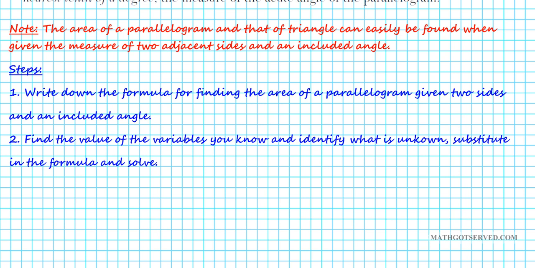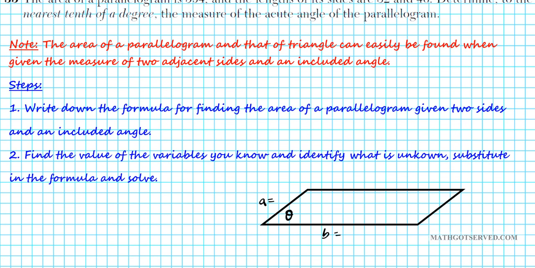So if we have a parallelogram now, let's just sketch a parallelogram. I just want to show you what the formula is, okay, so we don't get confused. So let's say we have a parallelogram of this nature. It's always good to draw a sketch of the situation so you have everything clearly labeled. This is the angle theta, and let's call the side B, and let's call the shorter side A. So let's see, we have 32 and 46. So let's call this 46 and call this 32. Now, if you're given